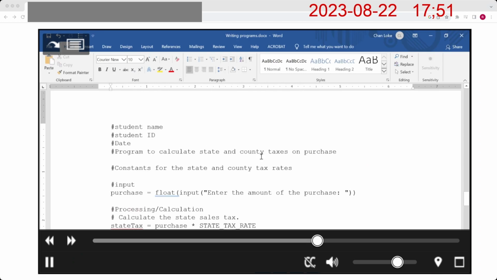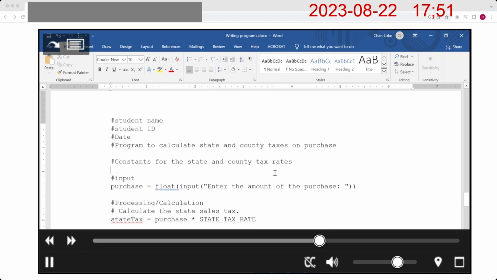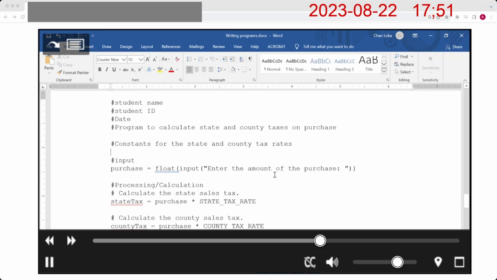So this is where we were in the beginning when we first wrote the program, and we encountered an error. Let's see how the error was established. So pound, pound, pound, pound. Those are comments ignored by the Python program. This is the pound. It's also a comment. So the first thing it encounters is purchase. So purchase is equal to float of input. Now what happened is